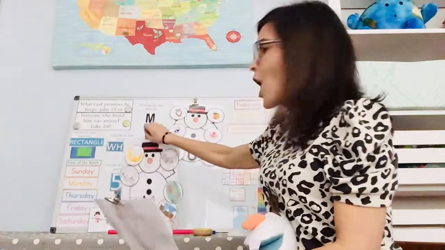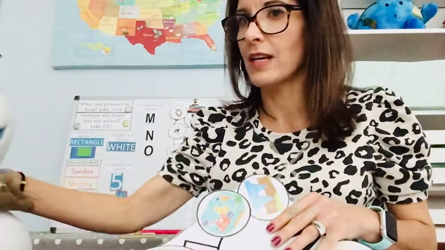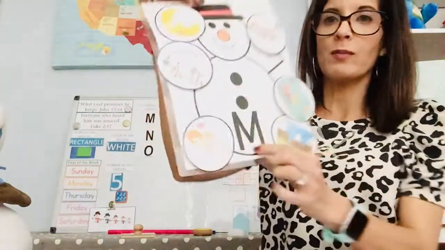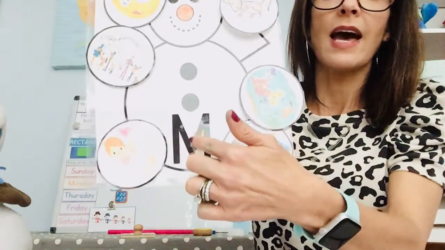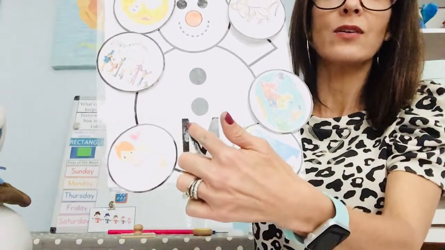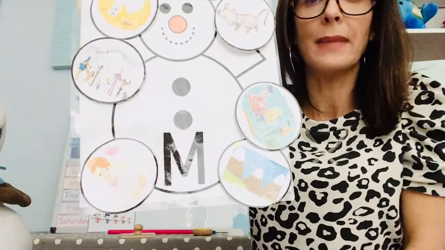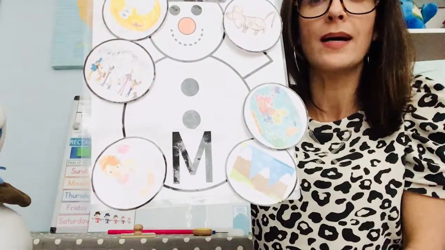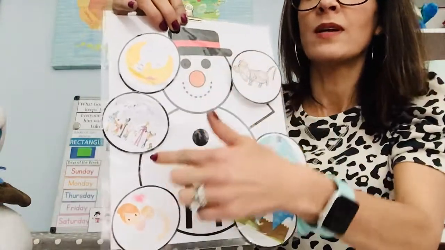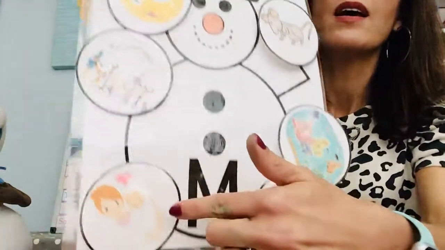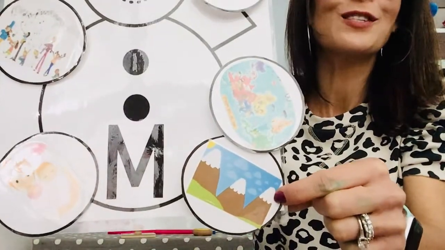So let's review our letters that we went over last week, and then we'll introduce the new letter O. I'm going to set Olaf right over here. So do you remember this letter, friends? It's a big line down, a diagonal line, another diagonal, and another big line down. That's the letter M. Can you go M, M, M? Good job.